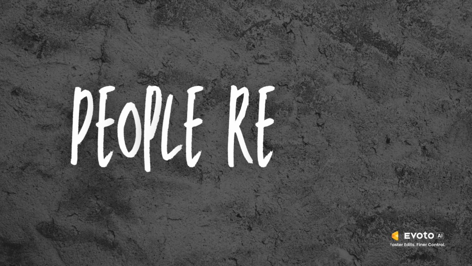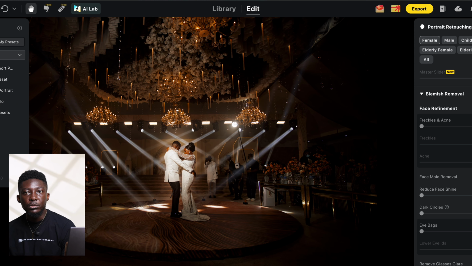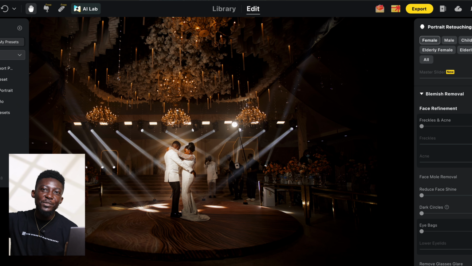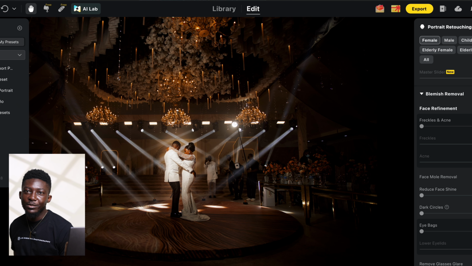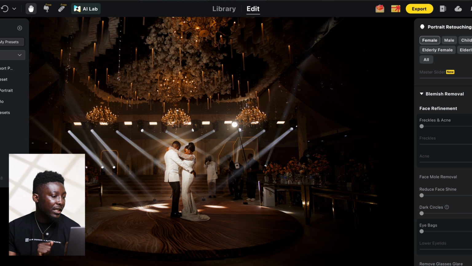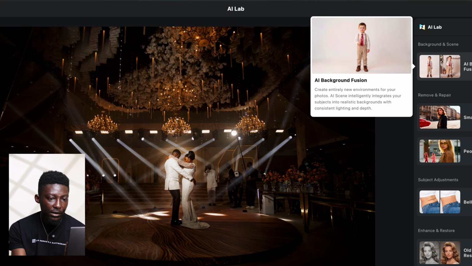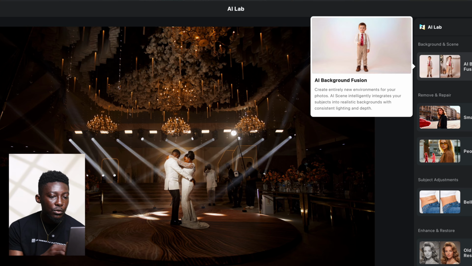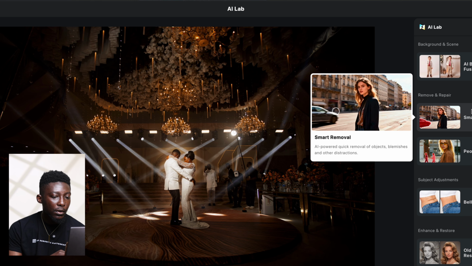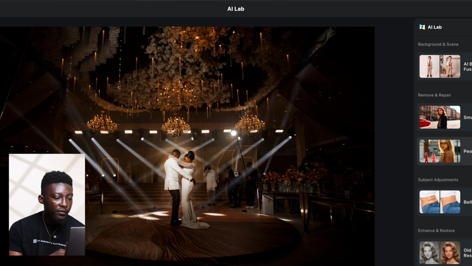The first image here: imagine you shot a wedding, and we have the first dance, and you have some content creators just going around and you have them in the background. This is a really lovely way that you can get rid of them in your post-production, especially if you don't want to lose that picture, right? So I'm going to go to people removal,